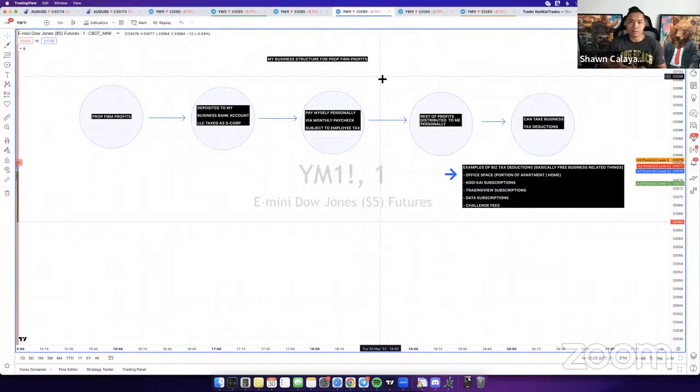Because the thing is, when you register your funded account, I'm not sure if you're funded yet, but when you register your funded account, you have to tell them, okay, am I getting paid out as an individual or a business? Your trust is not going to fall under one of the two, right? It has to be an individual or a business. You can't pay out to a trust. But when they ask you where you want to have the money wired to, you can have it wired directly to your trust. The only problem is that money has to be accounted for. So it just wouldn't make sense, right?